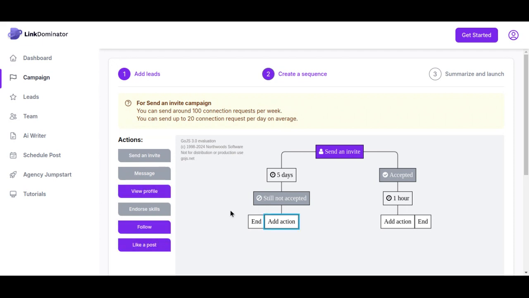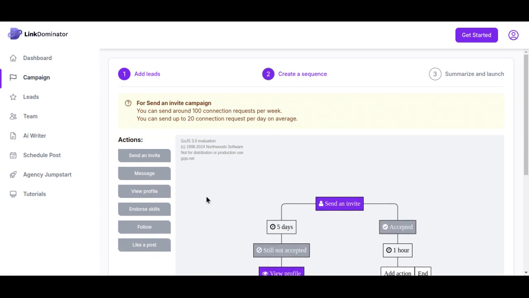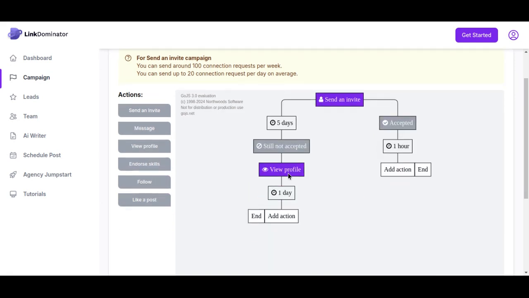Once you click on this, because this is still not accepted, you can't send a message because it's still not a first degree connection, and you can't endorse skills. So you can only view profile, follow, and like a post. So let's say we are going to be adding a view profile, and as you can see right here, this is view profile, and you can change the delay time.